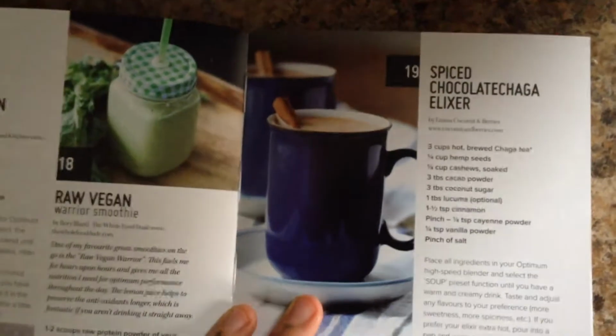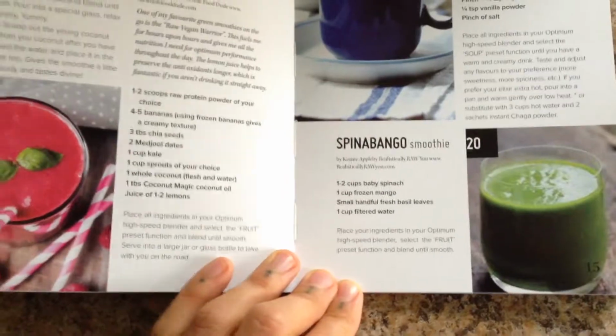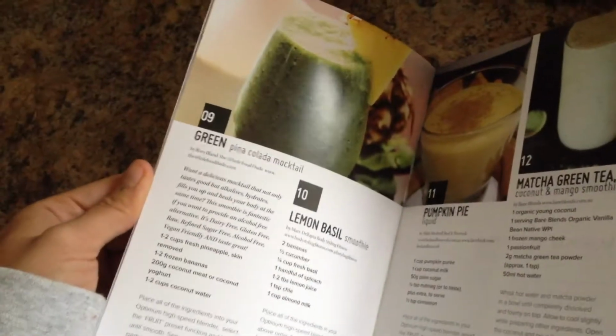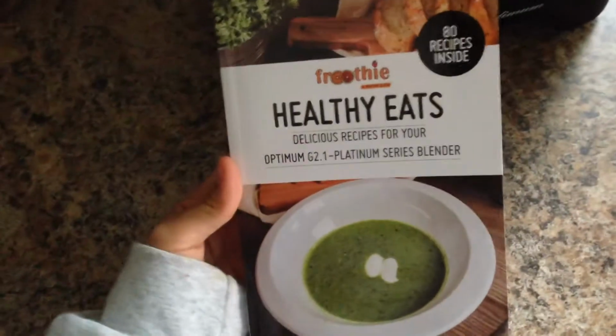And of course they give you a whole bunch of really awesome smoothie recipes. So there's a chocolate chaga elixir, banana mango spinach smoothie, a raw vegan warrior smoothie, and teas. Goes on and on. But you guys can go look at that when you buy the blender,